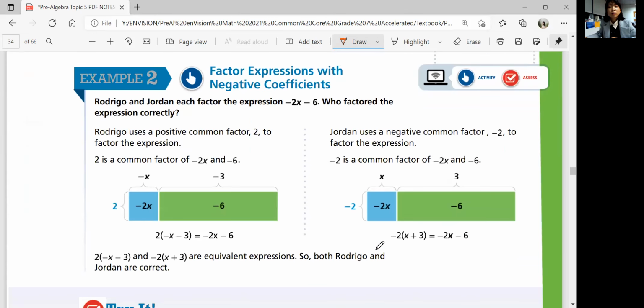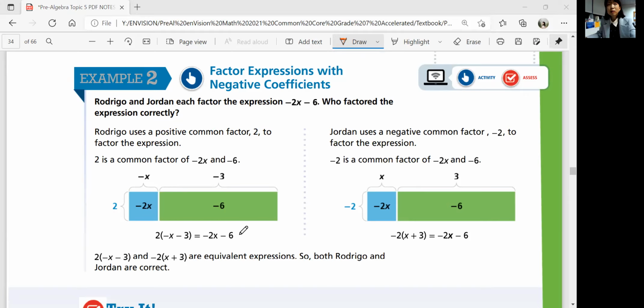All right, example 2, factor expressions with negative coefficients. Rodrigo and Jordan each factor the expression negative 2x minus 6. Who factored the expression correctly? So here we can see that Rodrigo uses a positive common factor 2 to factor the expression. 2 is a common factor of negative 2x and negative 6. And so he factored out 2 and got negative x minus 3, which will equal negative 2x minus 6